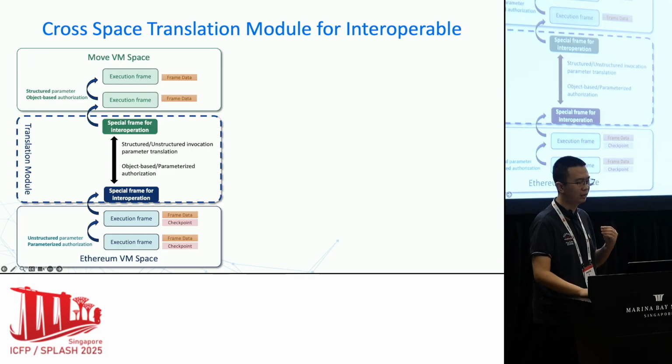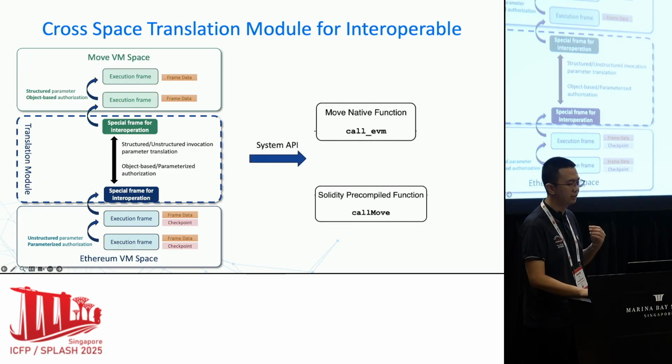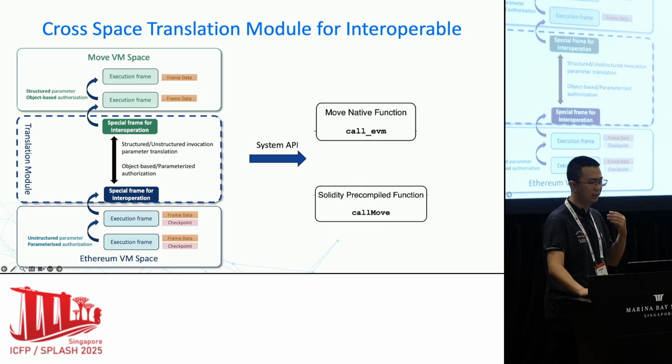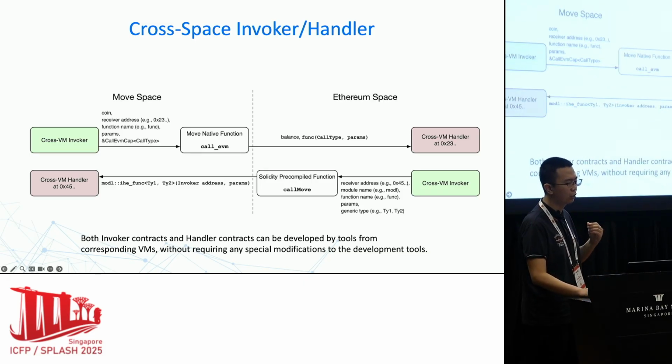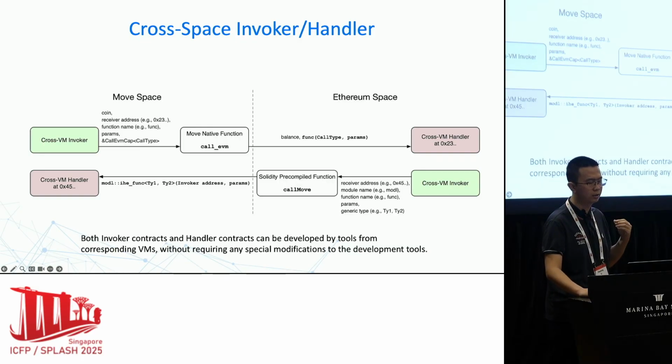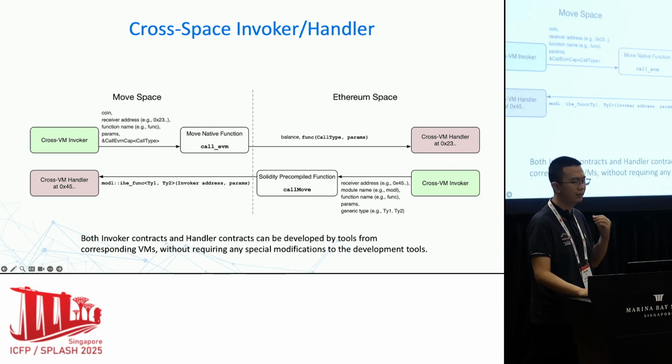And such a transaction translation module will provide the system API for the virtual machines. And with such an API, we can achieve the cross-space invoke and handler. So this diagram shows how this works. So first, for each space, we have a system API for the cross virtual machines module, and